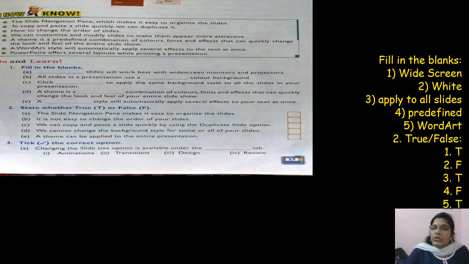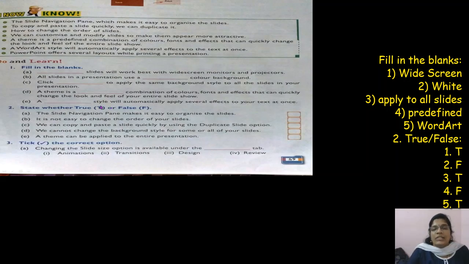But in a background color, you are choosing each and every one, right? Here some designs are already predefined. So that has a combination of colors, fonts, effects and everything. You can apply directly to the slides. So a theme is predefined. So the answer for the fourth one is predefined combination of colors.